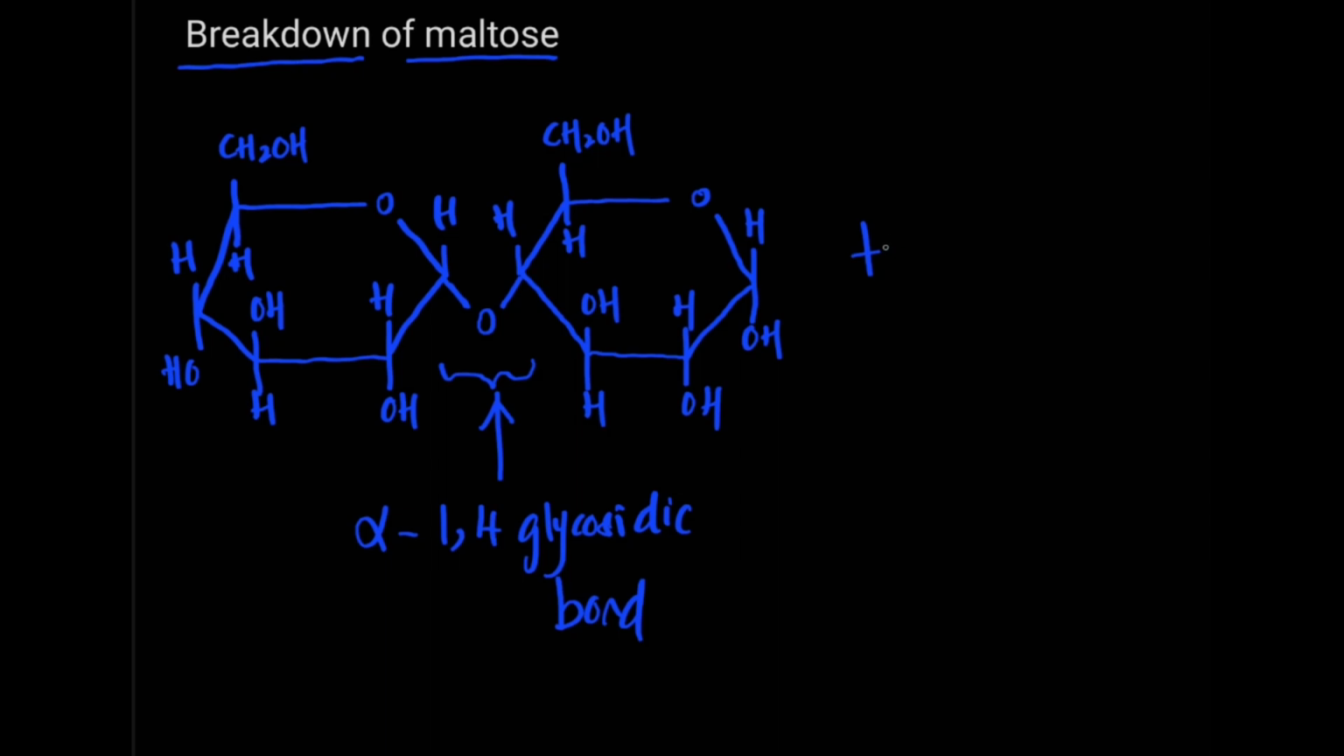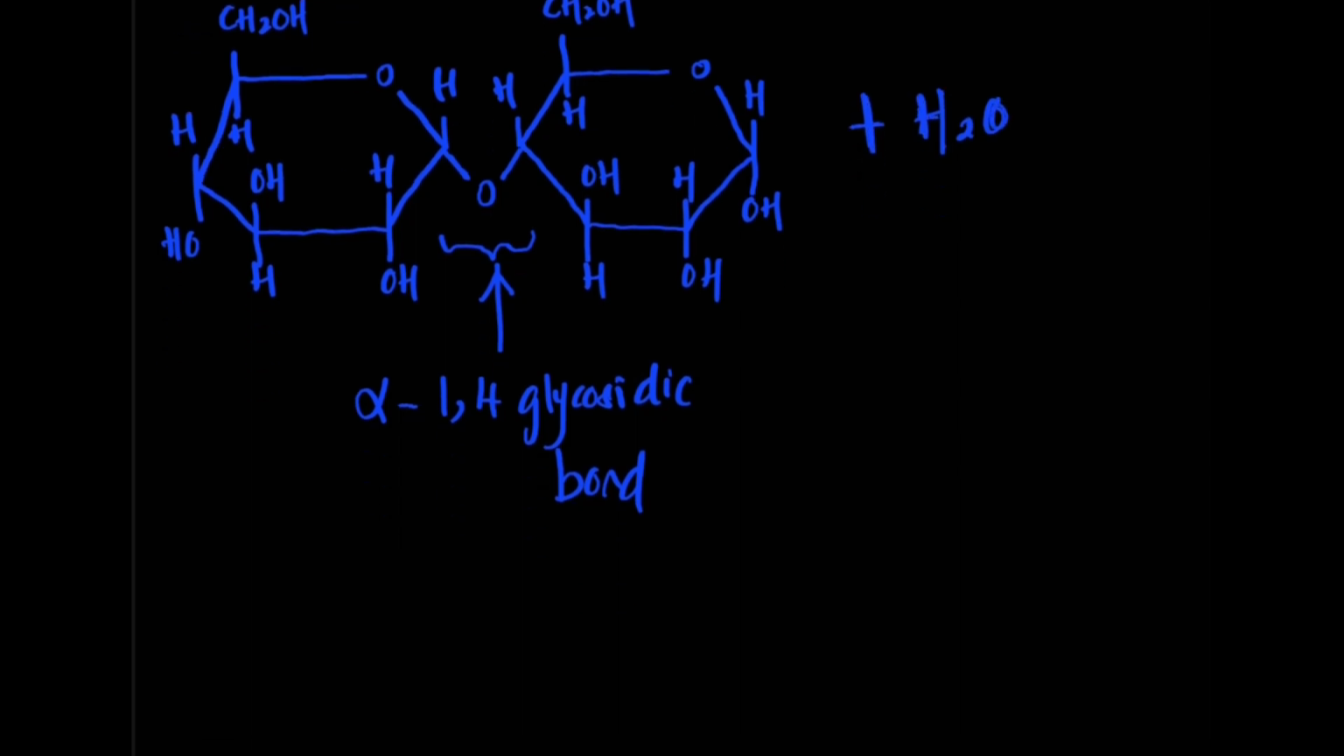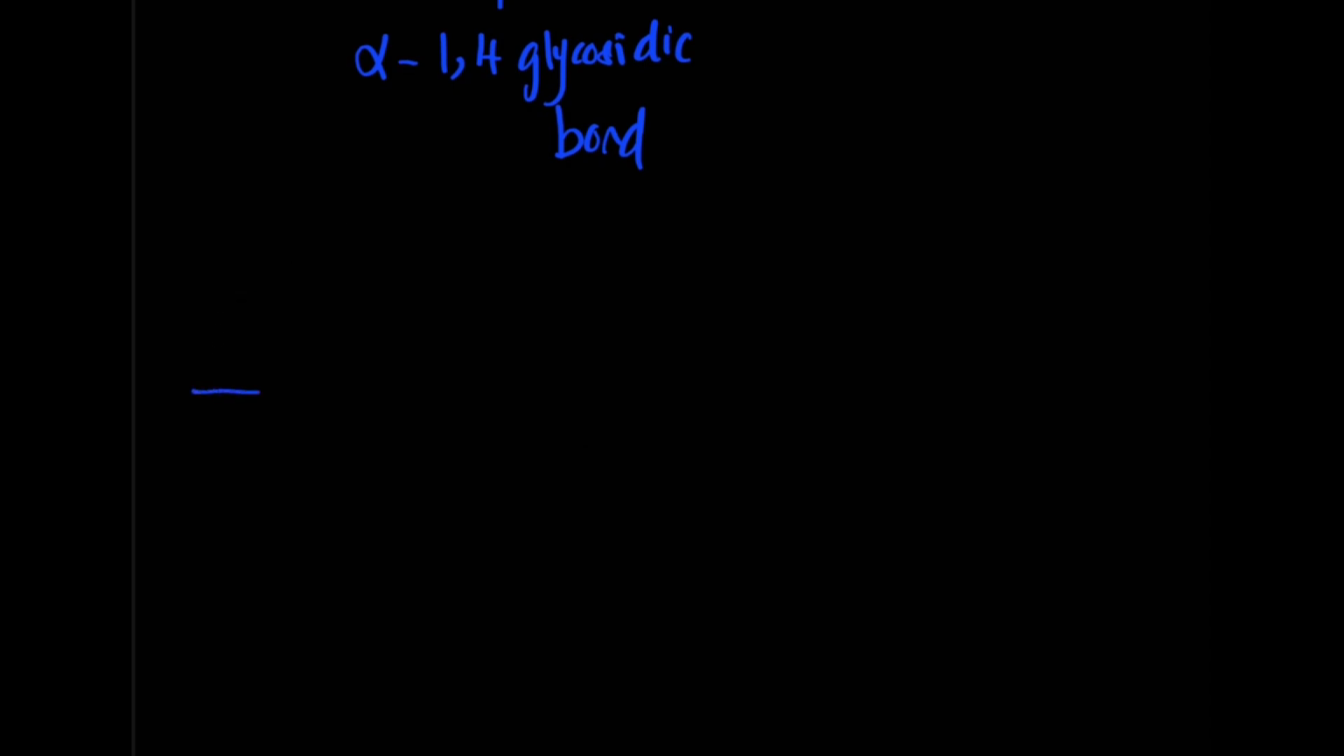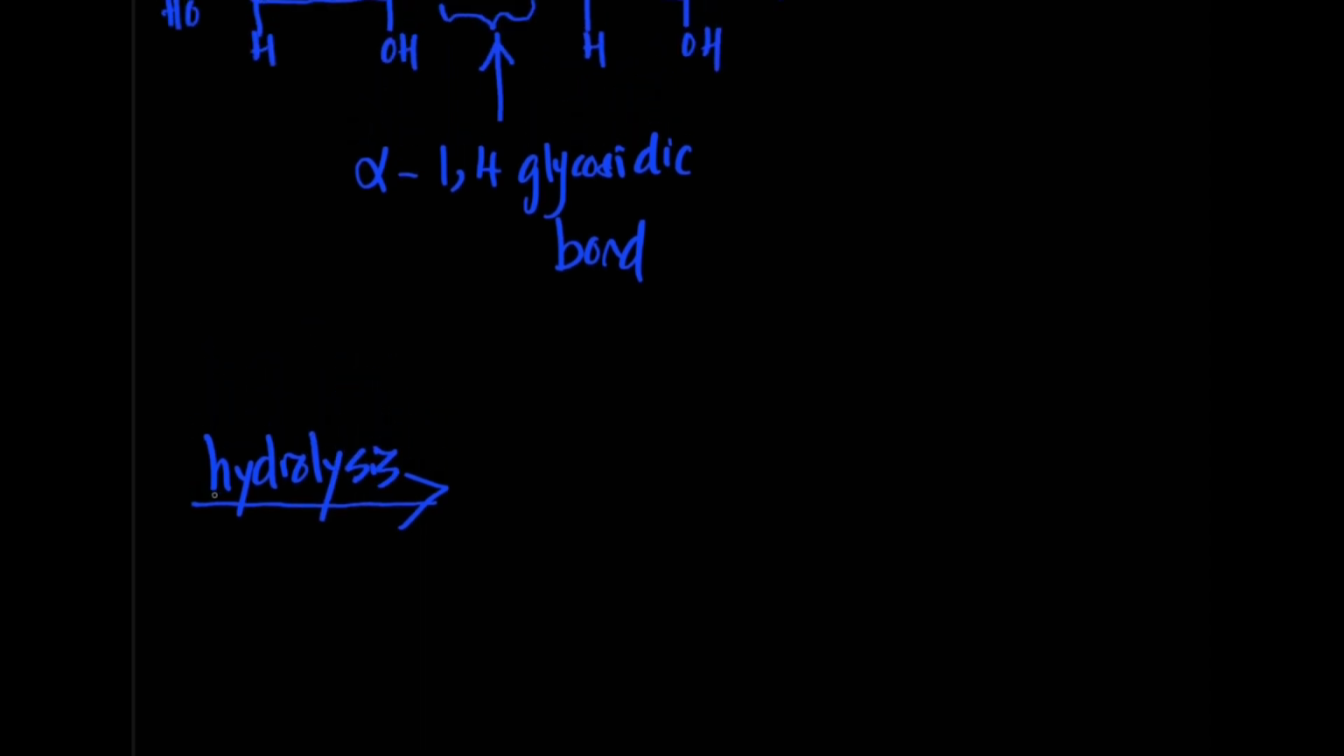And the process to break down the maltose, we require a water molecule. So we add one water, and the reaction will be represented by a one-way arrow. The process is the opposite of condensation. We call it hydrolysis, because it involves water, hydro, breakdown, so the name is lysis. So once broken down, it forms the two monomers of the maltose, which are called